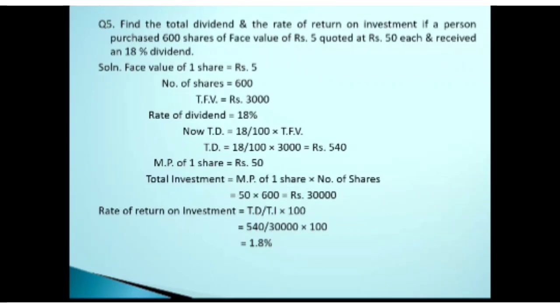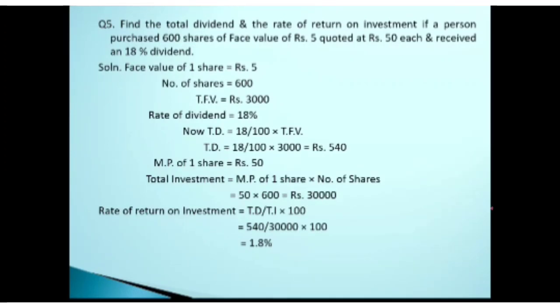So that is what I am getting here, and many of the students are getting it. I hope everyone has been able to get the answer. Like this, TD, 540, 30,000, rate of return. Yes, good. So one more question we will try out of the same kind, and after that we will see what is to be done next.